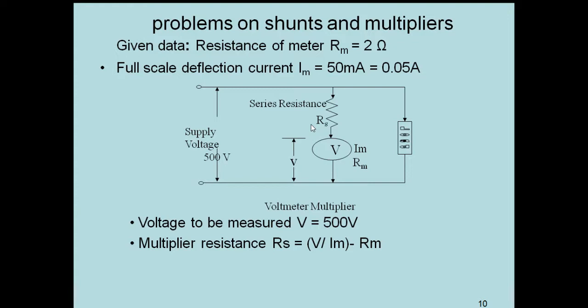The multiplier resistance Rs is equal to V by Im minus Rm. We need to measure 500 volts, and the current Im is 0.05 A. From that, Rs will be given as